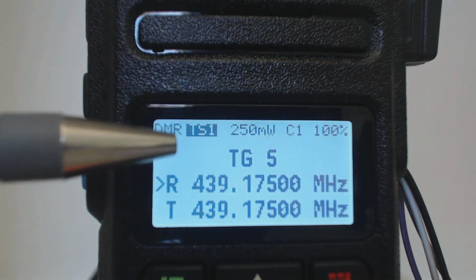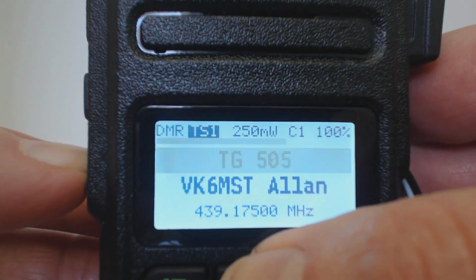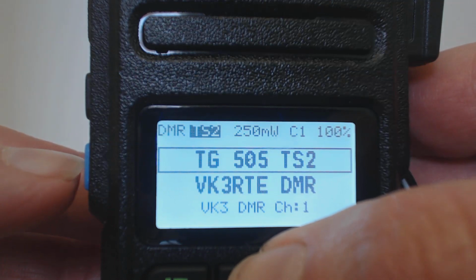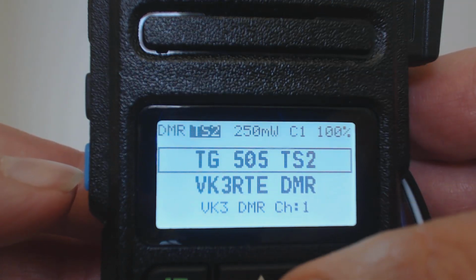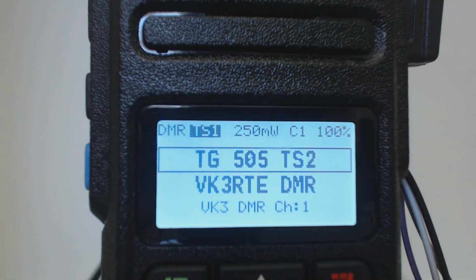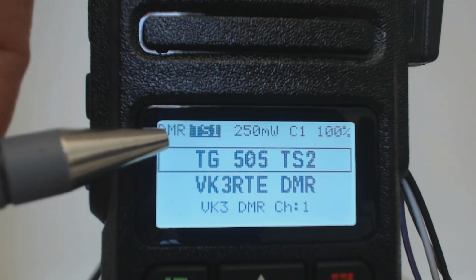However, if I was on a repeater, if I was actually to listen to this guy on the repeater, I'm actually going to switch onto the repeater here. Okay, so I'm going to go through the local repeater, and maybe the same guy will come through on the local repeater. So if I was to switch to time slot 1, we might be lucky and somebody comes through. So if I'm on time slot 1 here,